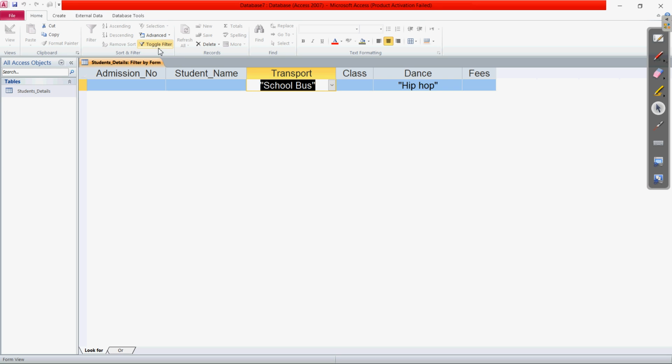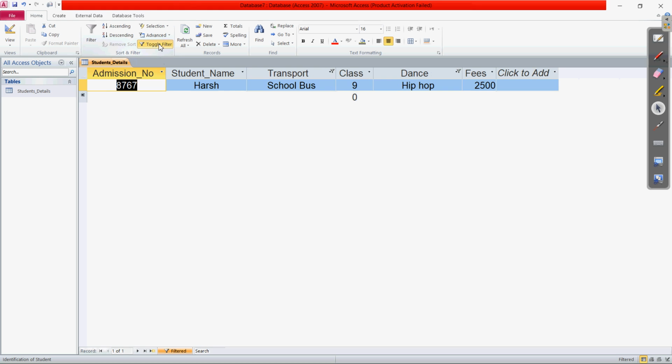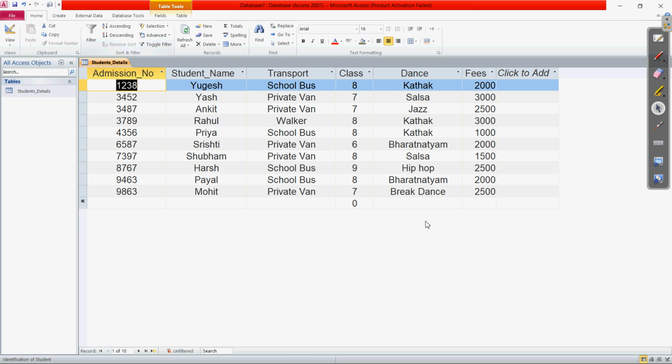If I come to the toggle filter now, this will give you the record that only one student has the dance form as hip hop and is coming to the school with the school bus. Clear? If you want to choose three filters, that also is possible. Using and you can use more than two, or whatever is the requirement.